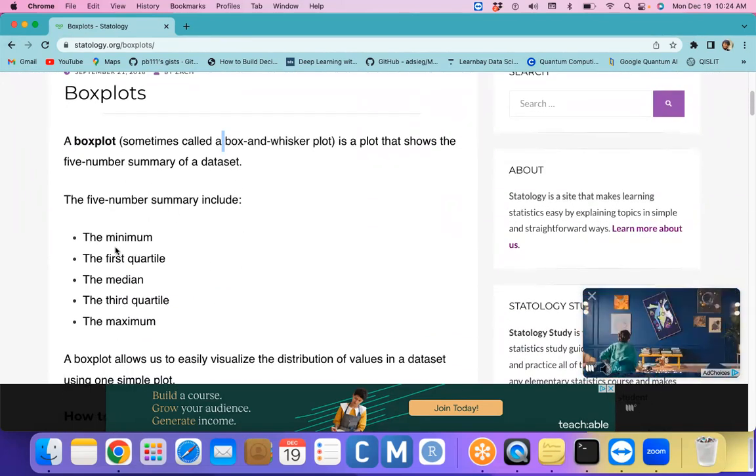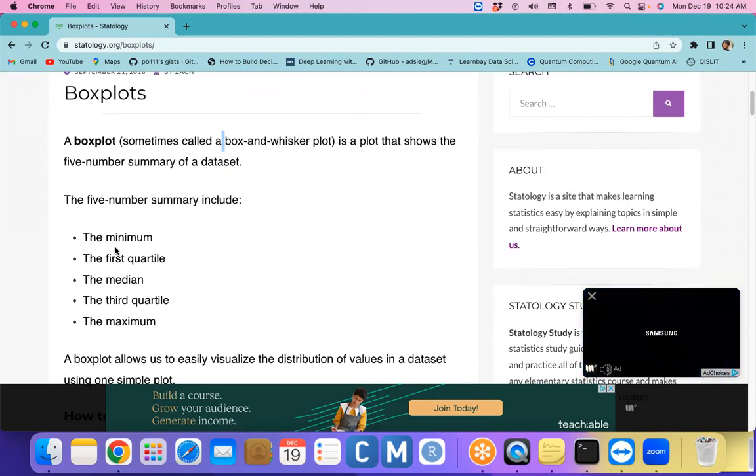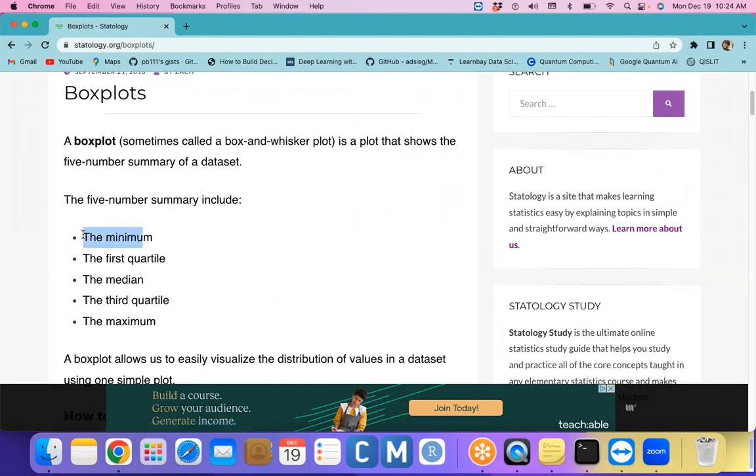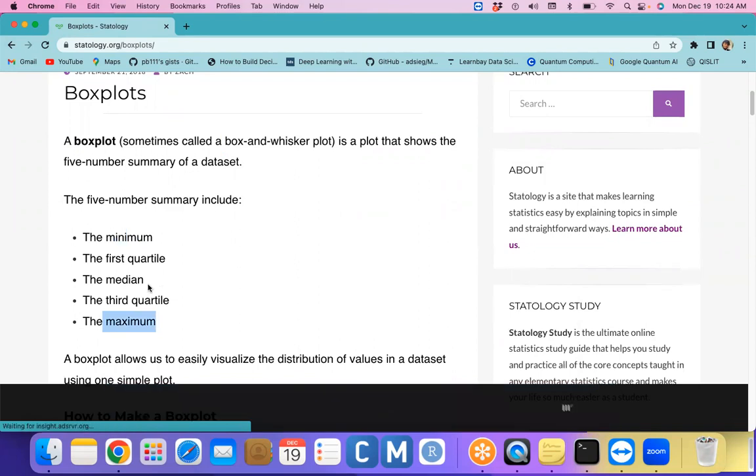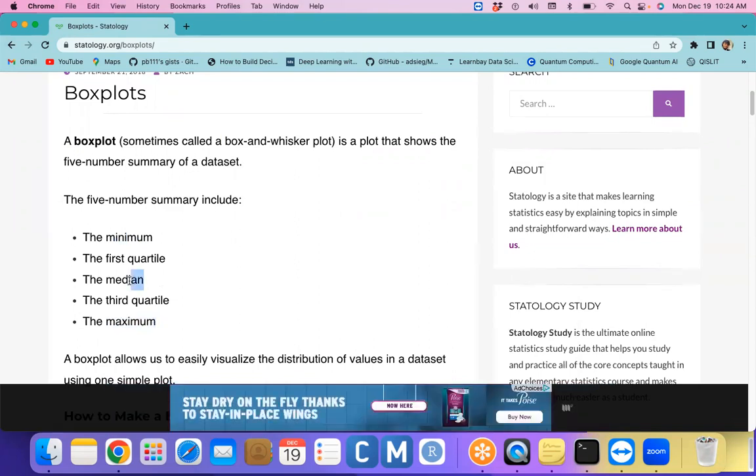I already told you, right? Whatever data set we have, we have to represent it with the five elements. One is the min value: whatever value is the smallest, we call it the minimum, and whatever element is the largest, we call it the maximum. From that distribution, we find the middle value with the help of the median concept. When you have calculated the min and median, the data between the min and median